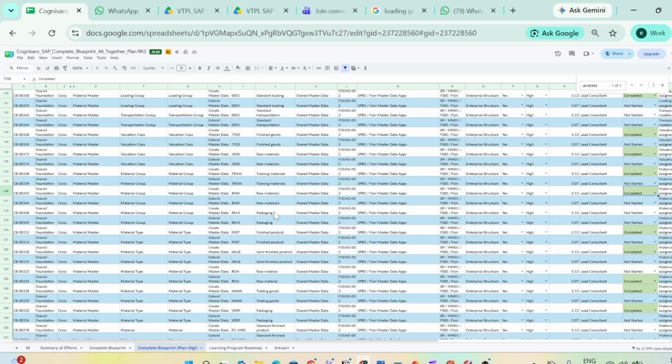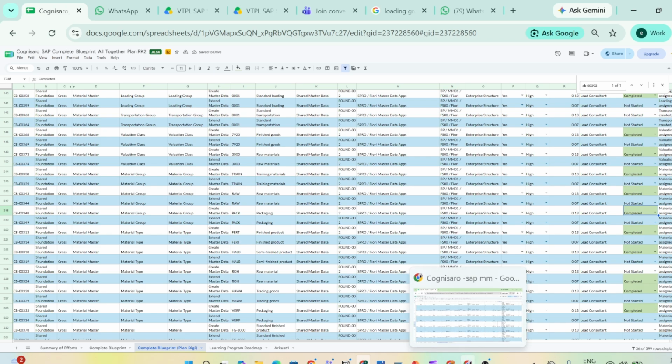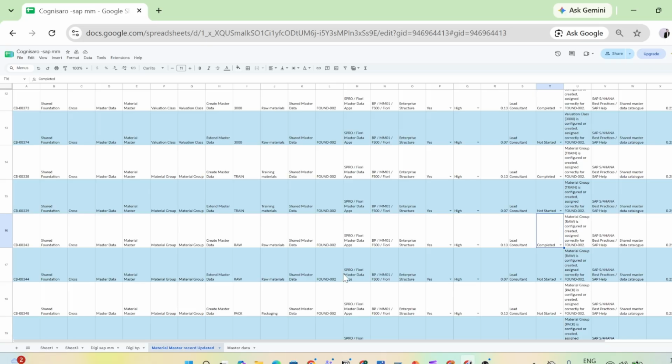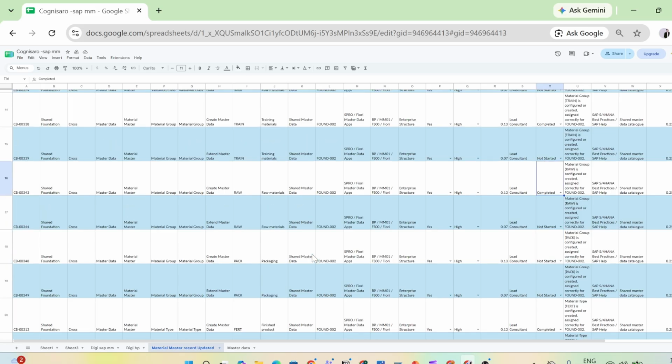Here it is, for packaging. It's cross functional, material master, material group, packaging material, just need to create. So let me mark that as completed. Same let me do in this one also, for this packing material. Okay, so this is done. This task is also done.